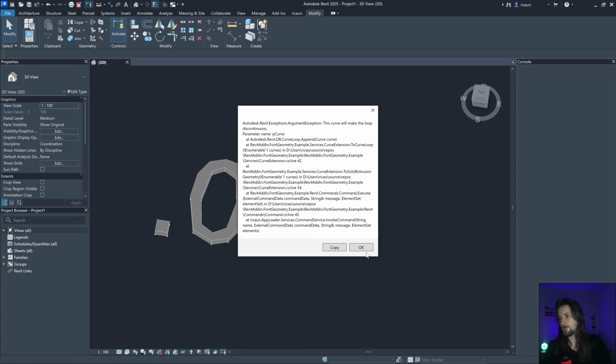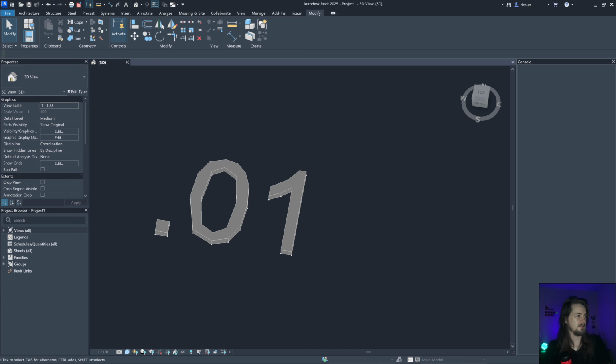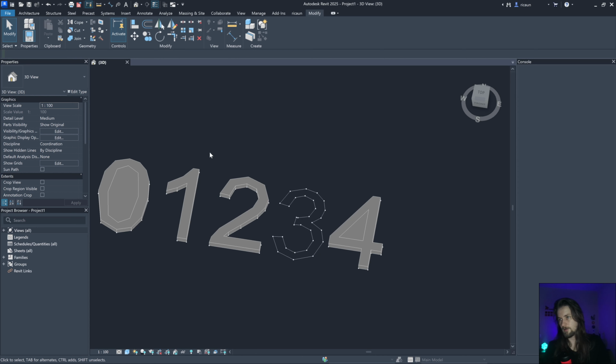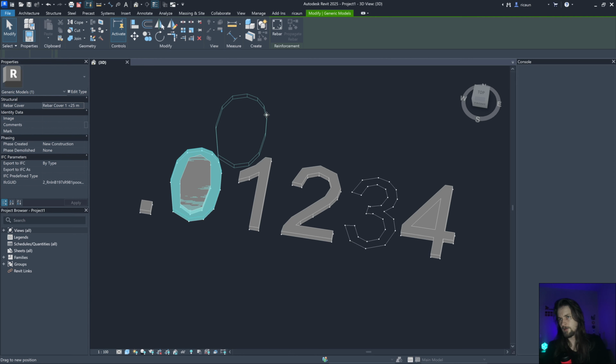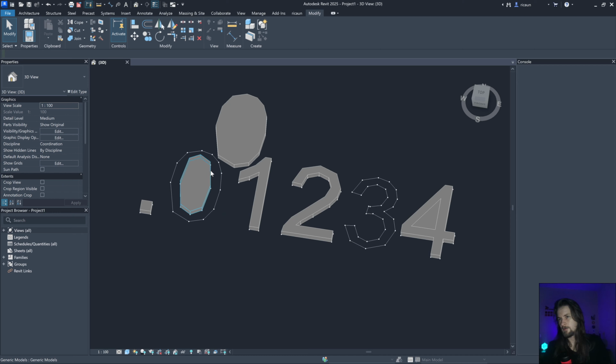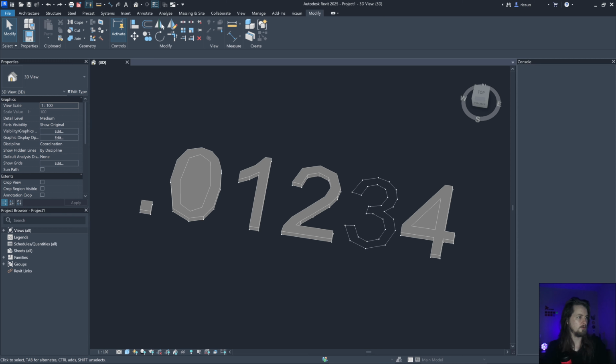Let's add a try catch in here, just for fun, and ignore, because that's one way to test. Yeah, and that's a little odd. It makes sense. Yeah, the number 3 is breaking.